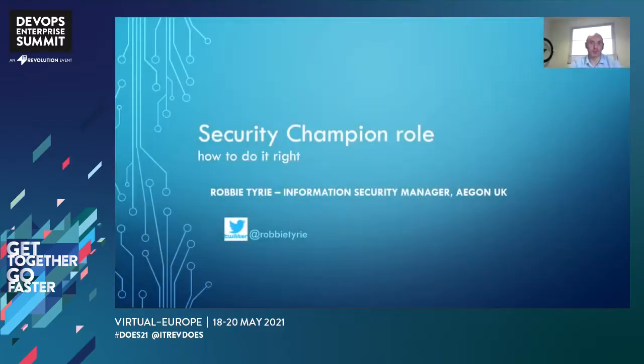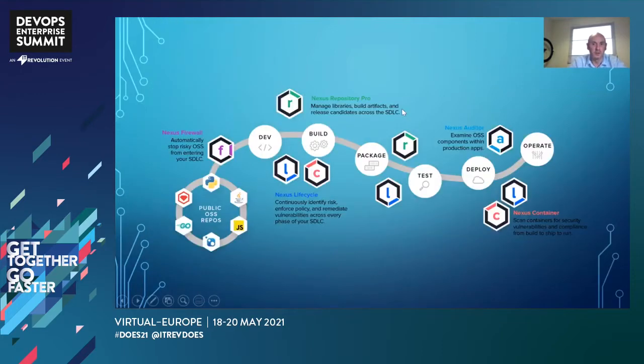Today I'm going to talk about the security champion role and how to do it right. This is something I've done in a few organisations lately. It gets massive benefit between the development team and information security. So it fits into the whole development life cycle here, and this is one of Nexus's screens that I've put in here because predominantly it's going to touch on quite a bit of open source coding as part of this